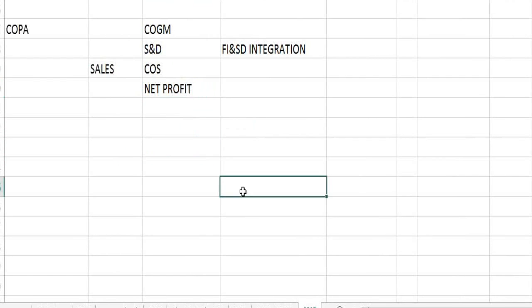What is the profit we are getting from a particular product? What is the profit we are getting from a particular customer? What is the profit we are getting from a particular region? Or with all these different combinations you can analyze that. We call it a multi-dimensional analysis that we are going to do in COPA. Here we also have the report painter concept. If the client is asking for some separate report, which is not a standard report,